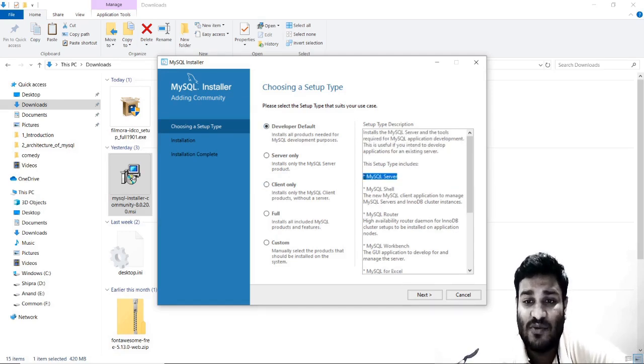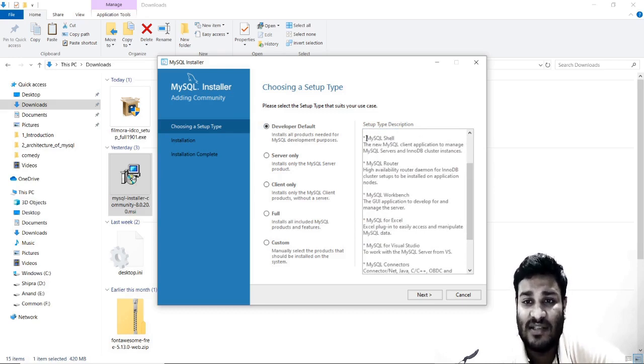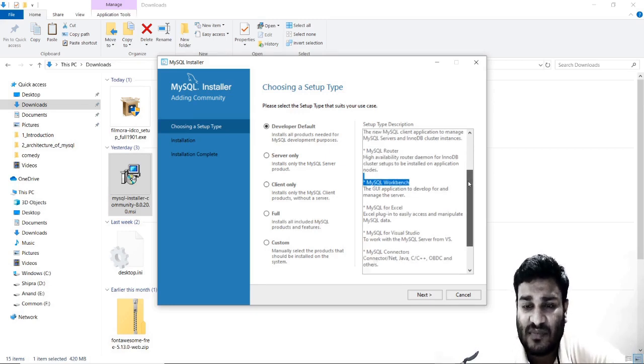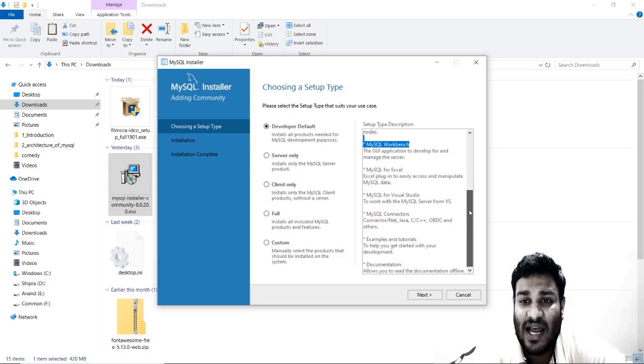It has the MySQL Server and all the software required for the client, such as MySQL Shell. We will talk about it later. Let us first go ahead and install it. Then we have MySQL Workbench. This is where we will be working entirely during this series, and we will work on Windows. Obviously, I will show you how to install it on Linux in the next chapter, but for this chapter we are just installing it on Windows.